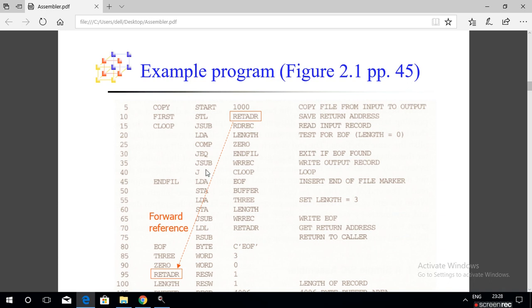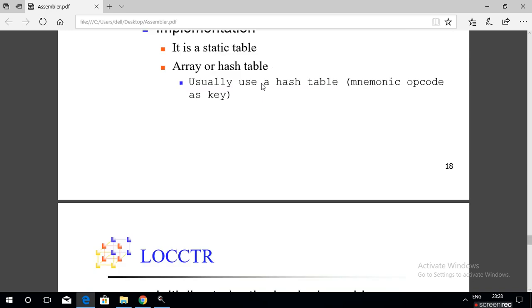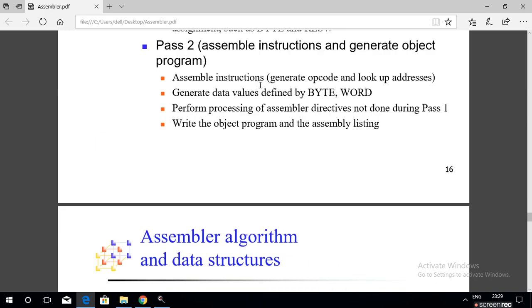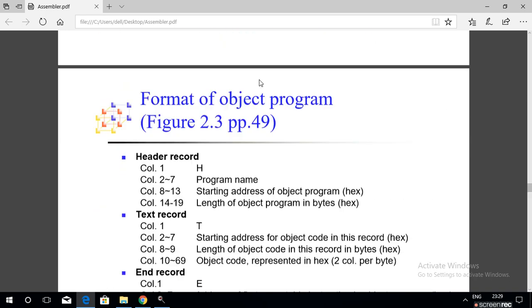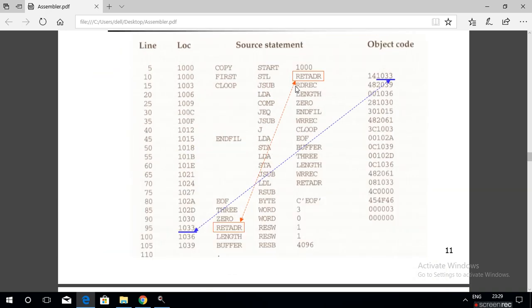So here what will happen? STL RETADR: RETADR is a symbolic name. It will be assigned the equivalent address, 1033, right?